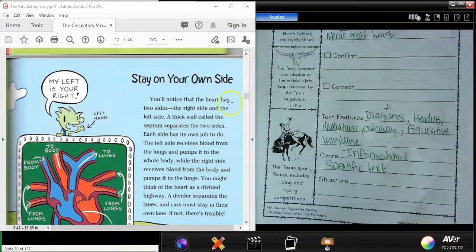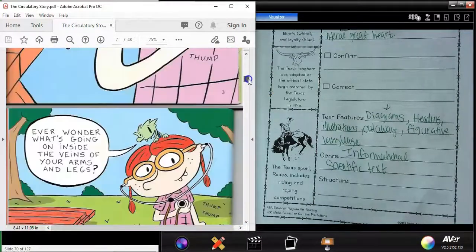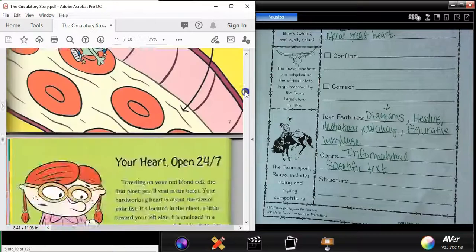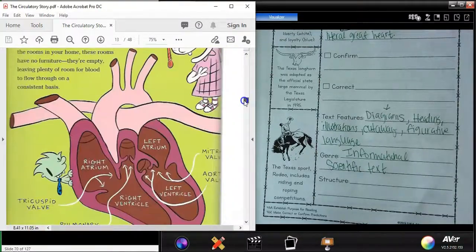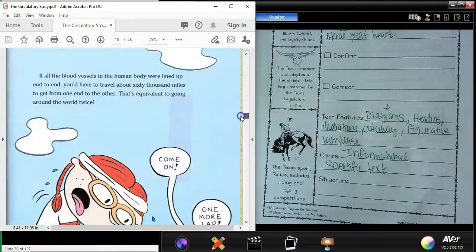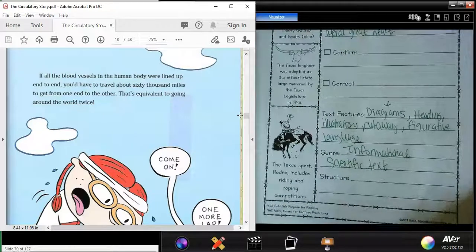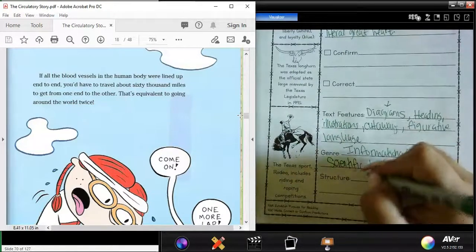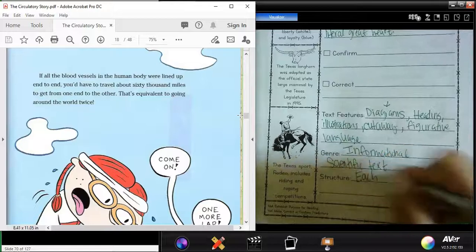No, right? It started off by introducing the red blood cells, how they traveled around my body, and right now we stopped reading about the heart and the valves, how they have to open and close correctly. So, is there an order? Or is this talking about each section and explaining it to you? So remember, the structure is how the author wrote this text. So the way the author wrote this text, which is informational, is each section